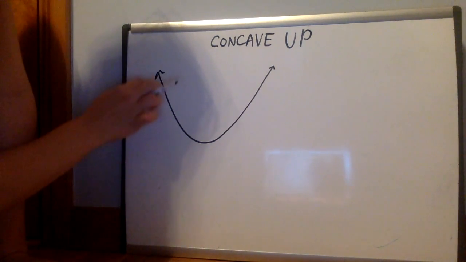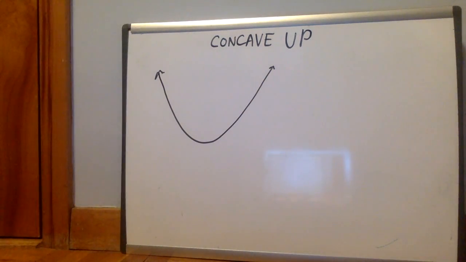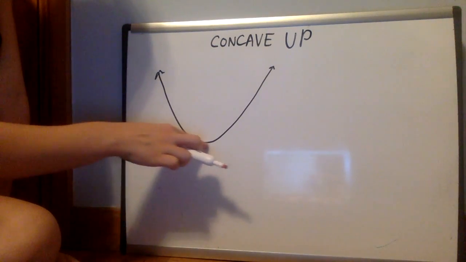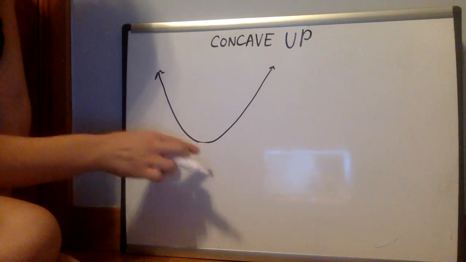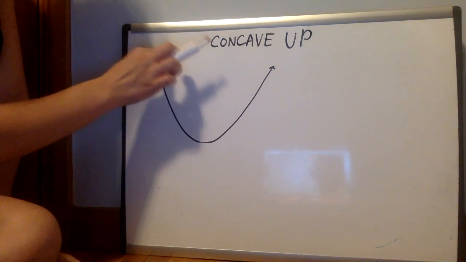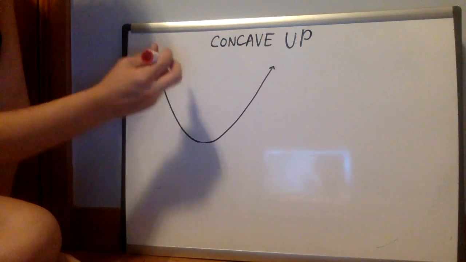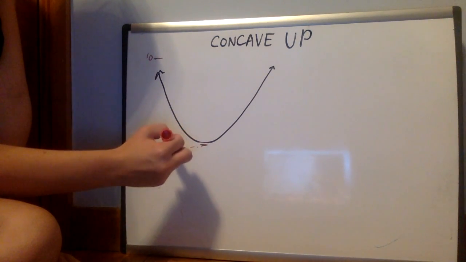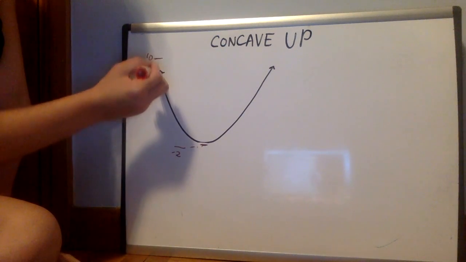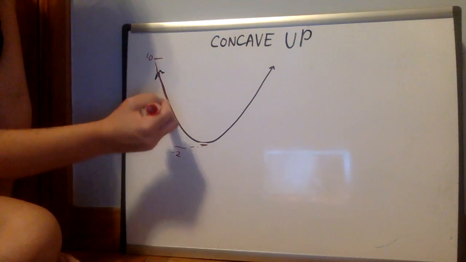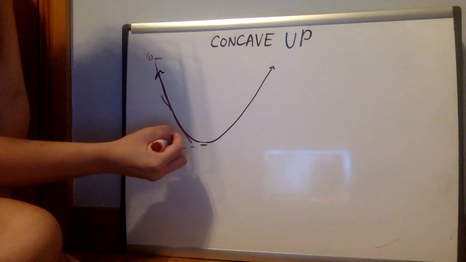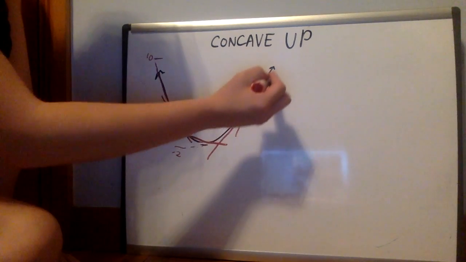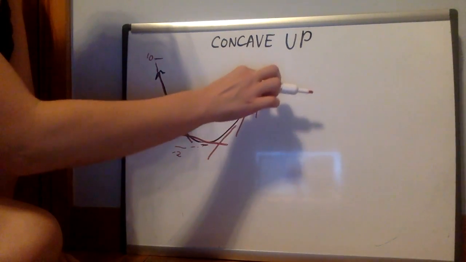Concave up, you can think about it as the arrows point up, and you can also think about it as the slope is steeper with a higher y value and lower when there's a lower y value. So up here, obviously, the values of f of x are higher and the values of f of x are lower. Up here, maybe this is 10. Maybe this is -2. Well, the tangent lines, if we draw tangent lines to this curve, the very best I can. It's eventually going to get, well, that was a terrible tangent line, but